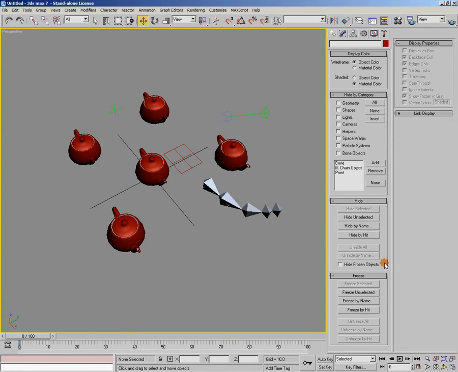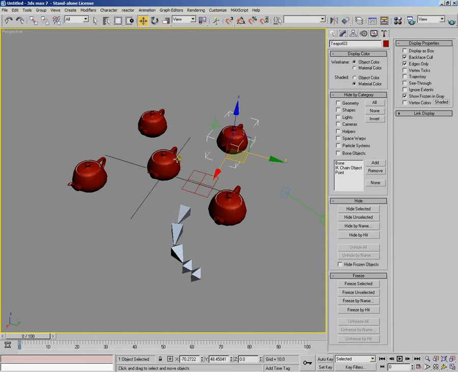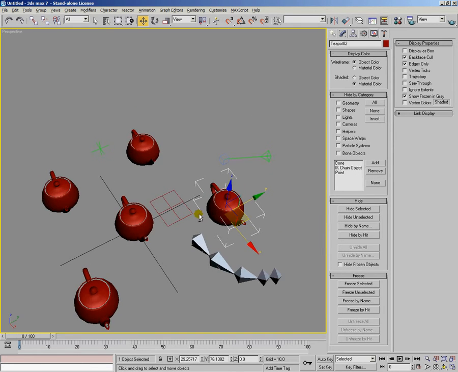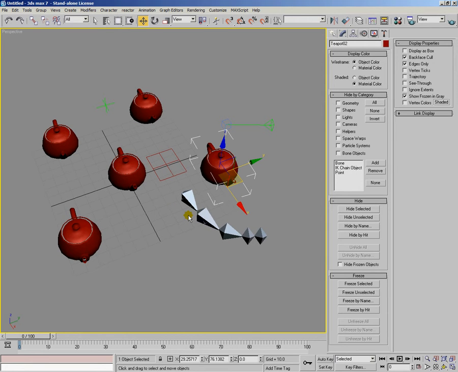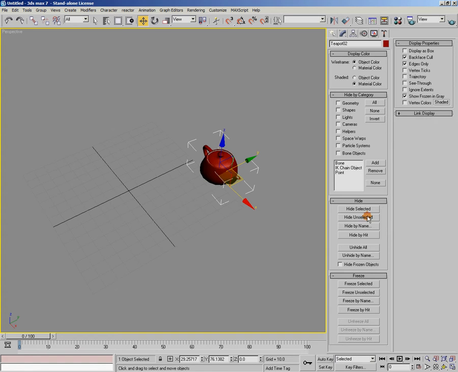So hiding by category, hiding by individual choice, by clicking an object and just choosing to hide it. You've got options for optimizing your display in that way. And then freezing objects, they're really cool ways of optimizing your workflow and your scene navigation, because selecting is one of the main things about modeling. It may not seem to be such a big thing, but sometimes selecting the one single object in your scene that you actually want to work with can be quite difficult. And so the best thing to do in that circumstance is hide everything that you don't need to work on,